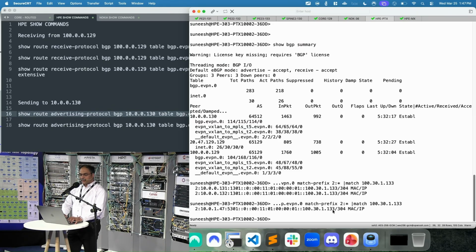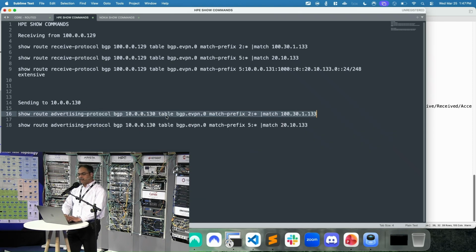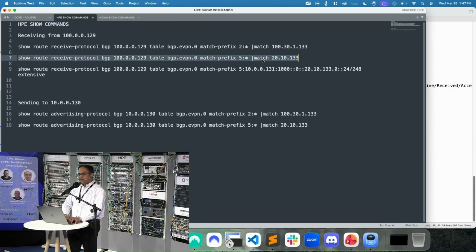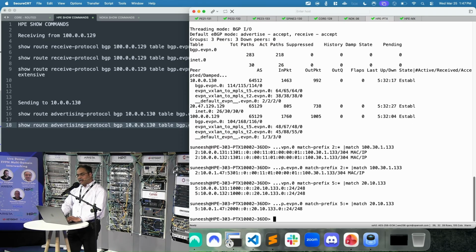Now, if you look at the type 5 routes, similarly, I'm receiving the type 5 routes from the VXLAN world. Right? Same thing, I'm advertising the same back to the MPLS world. So the beauty here is, as and when the route is received from the VXLAN world at the gateway,